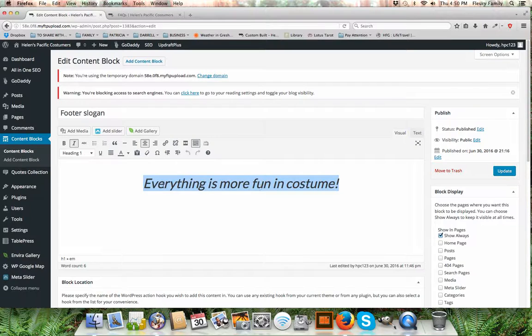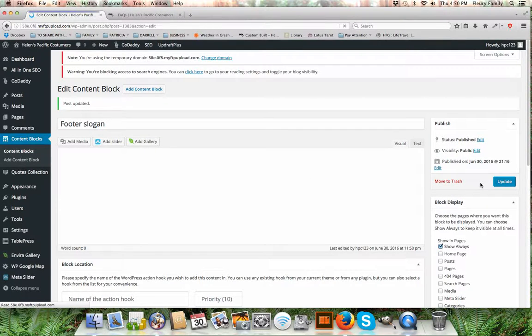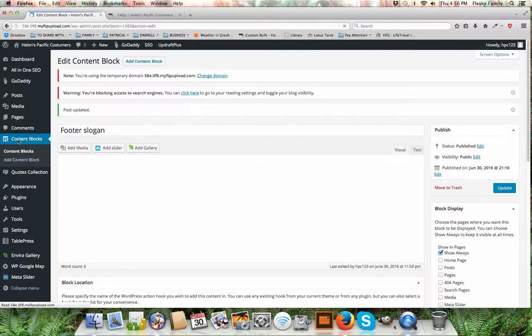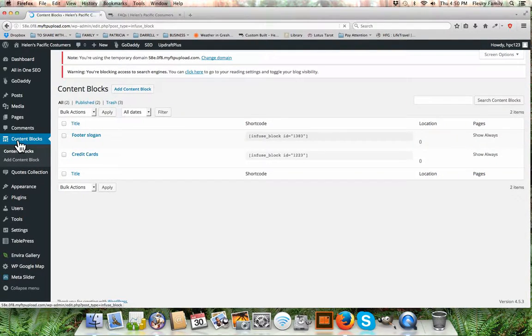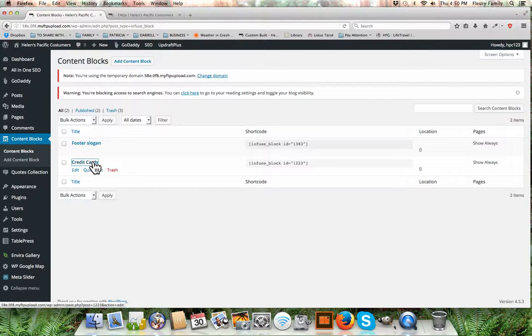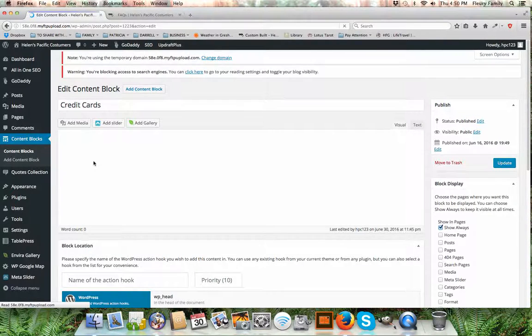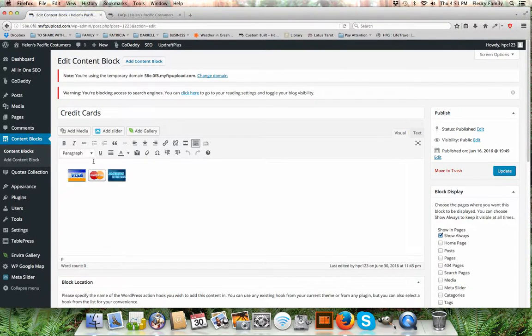Okay, so if you wanted to make changes, or just if you wanted to change that totally, you just click Update. And you can see the little timer moving until it's done. And then we'll look at the other one. The credit cards. It'll come up in a moment, and you'll be able to see that I just put 3 images into the